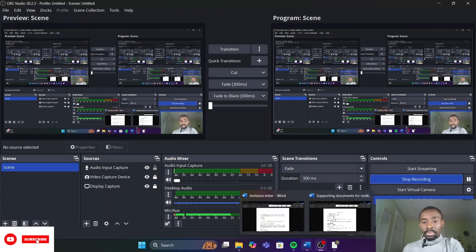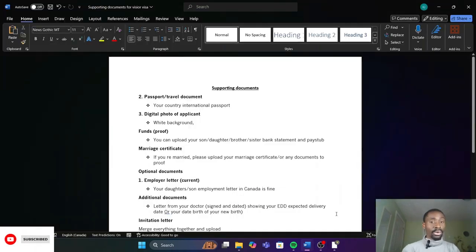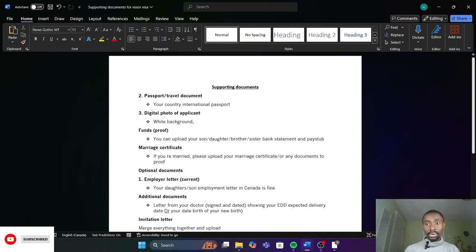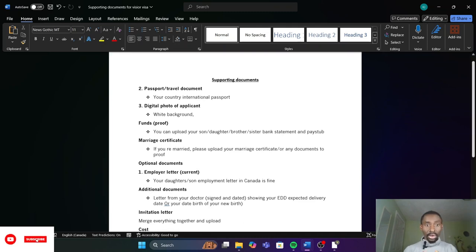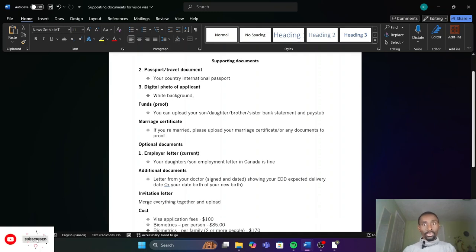So before you start applying for your Canada visa, you will need some specific documents which I have listed here. The passport, yeah, you need to have it at hand. The digital photo of the applicant, and proof of funds. However, I will advise you to always upload your own pay stub here in Canada